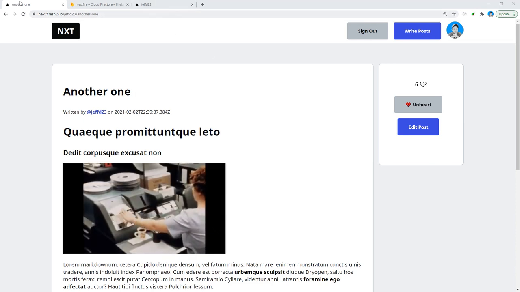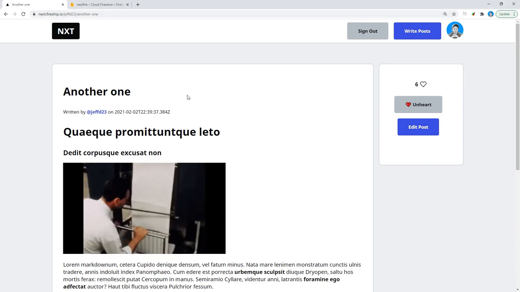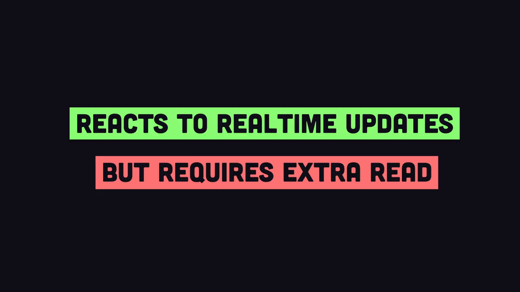In the last video, we implemented incremental static regeneration. And in this video, we're going to take that server-rendered content, then hydrate it to a real-time data feed from the Firestore database. That means if the content changes or the heart count changes, it will automatically be reflected in the UI. Keep in mind that this is not always required, and when you do it, it will require an